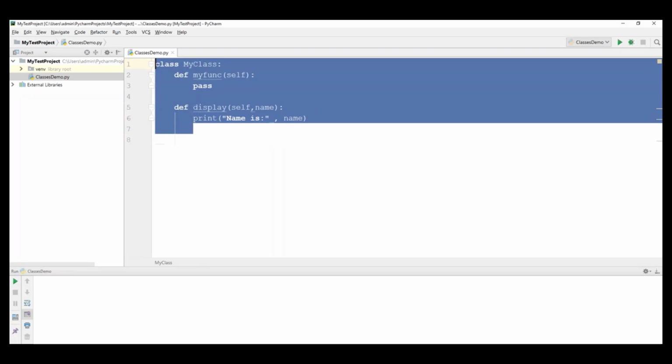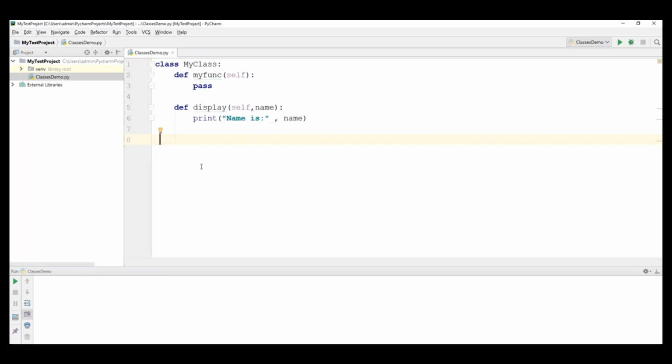Now, if I want to access this particular class, I have to create an object. How to create an object in Python is very simple. Let us say MyClass with brackets, and then store that into a variable called mc. Now this mc is a reference variable and MyClass is the actual object. Whenever I say MyClass, it will create a memory location.